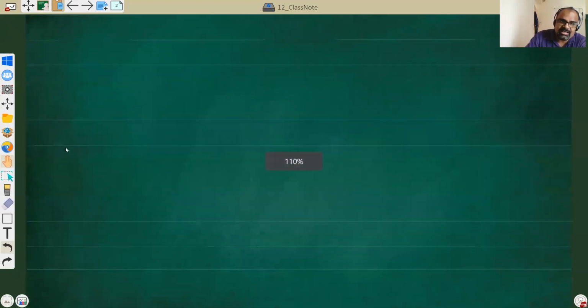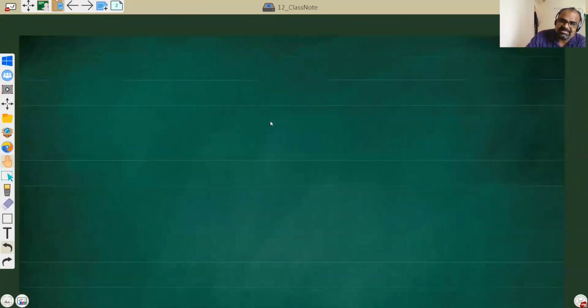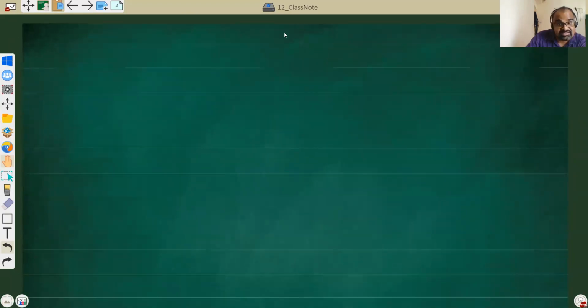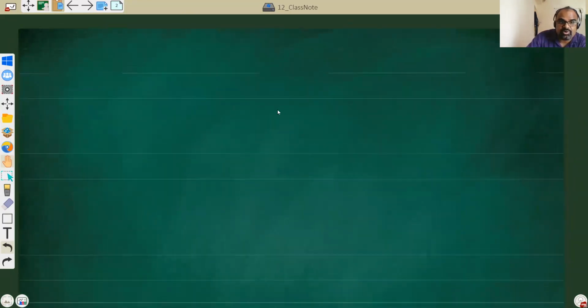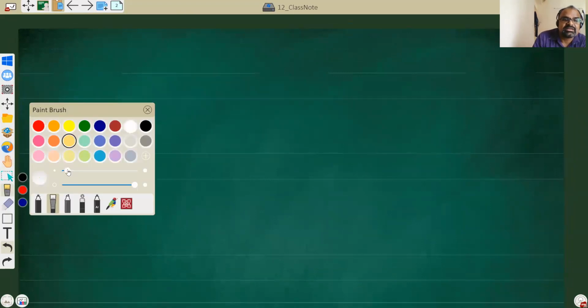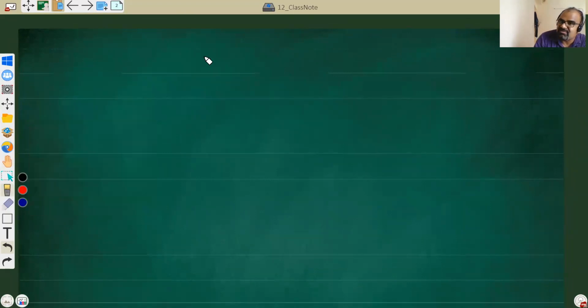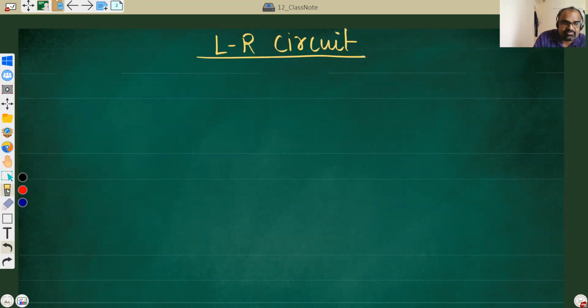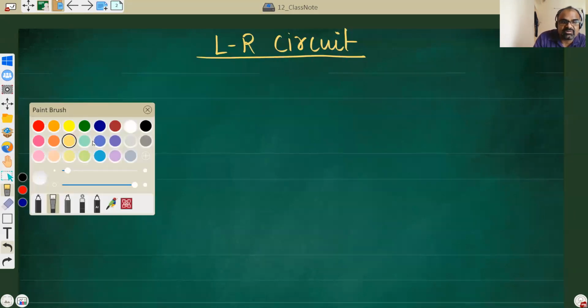But you know, LR circuit and LCR circuit, they all will be exactly the same. The only one circuit you had to know, and now you have learned that circuit, is the RC circuit. Everything else will be very similar. So now we are looking at LR circuit, and I will not spend any time on it because it's very monotonous now. You will yourself understand what I'm saying.